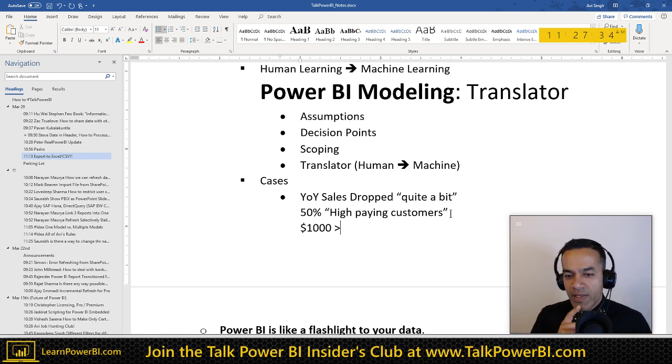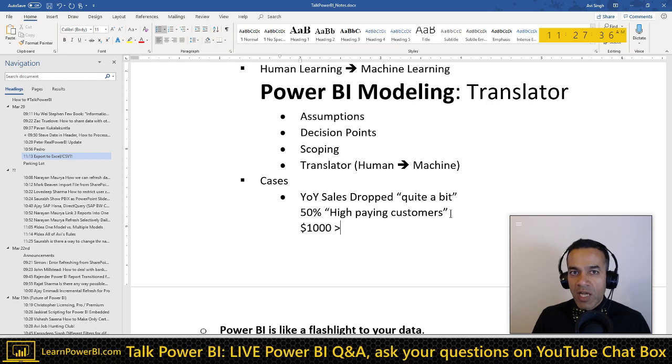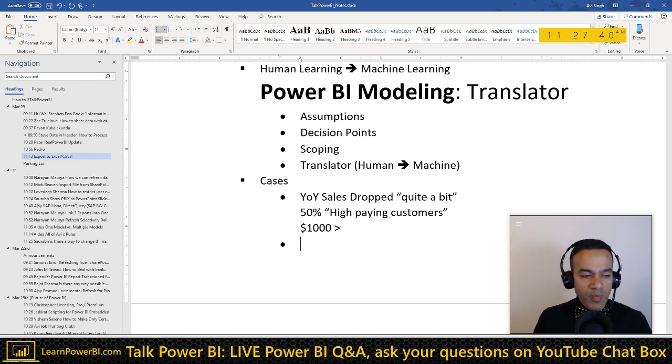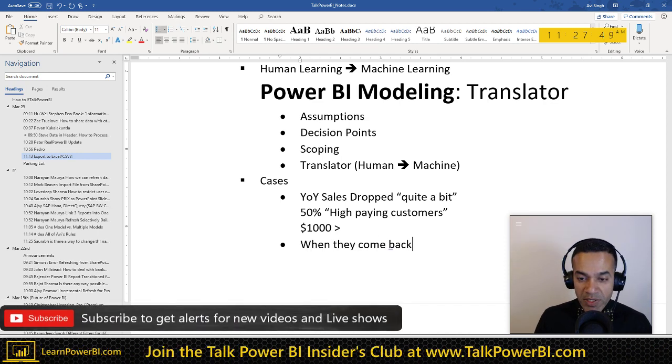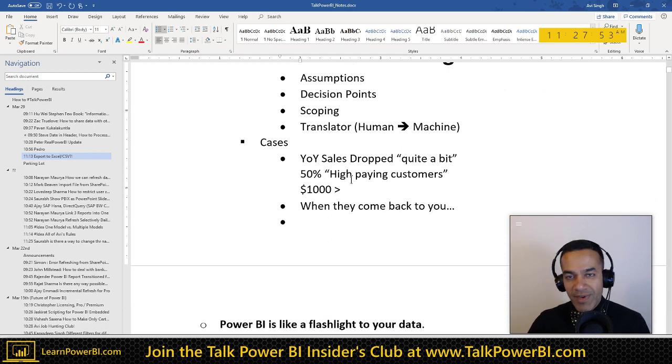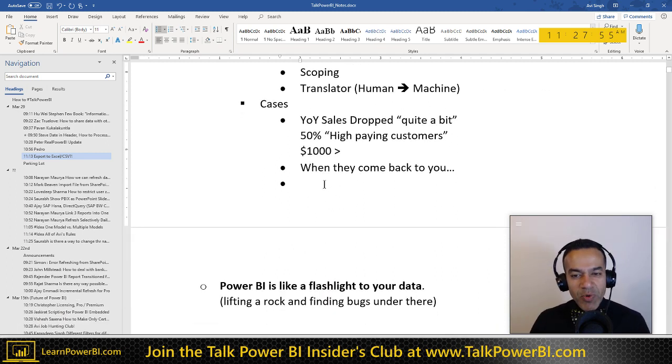Oh, by the way, I also added this for all these folks. And she would say, and they would be a little bit skeptical, and that's okay, right? But most likely they will bite it, right? And they'll bite it, and you know the sign when they come back to you. If you built a report and they never came back to you, you're a failure, my friend. No, okay, I don't want to be harsh, but you probably missed a turn.